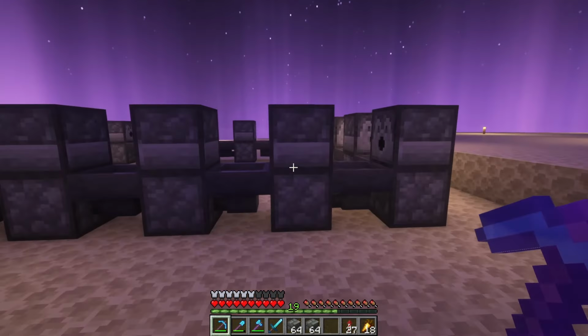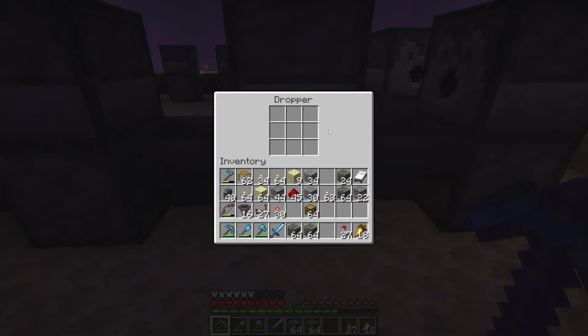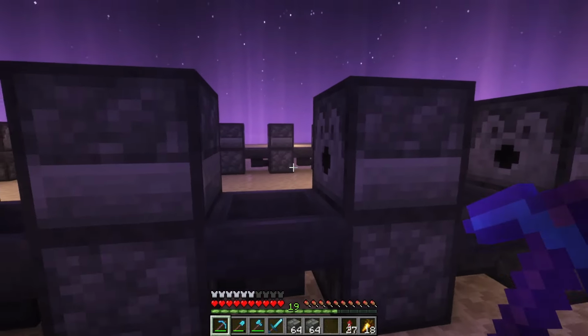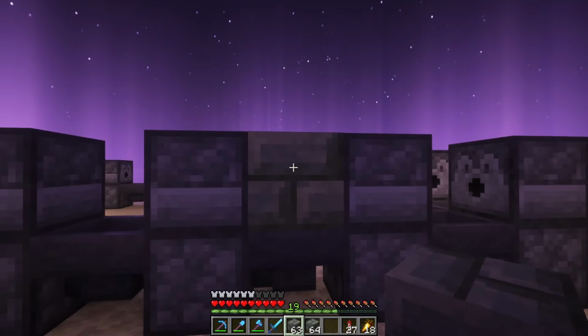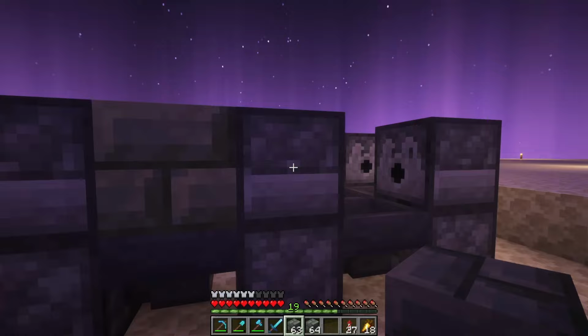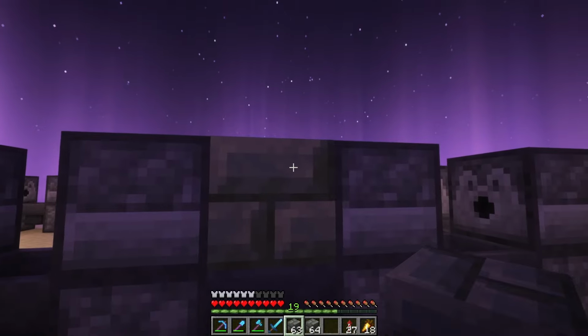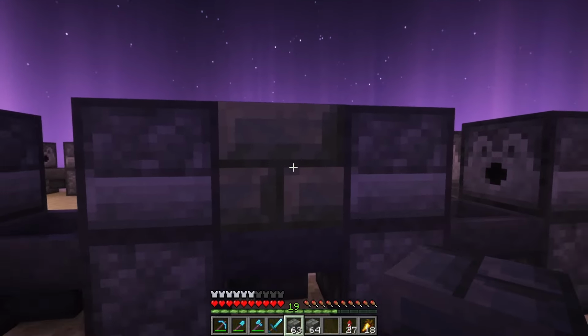I think so anyway. Okay, so to give a quick overview of how this farm actually works, first off, we have a dropper here on the bottom with a dispenser here on top with a hopper over here. And right in this empty space here is where our beehive is going to go. So we're going to have our shears and our honey bottles inside of this dispenser, and whenever it clicks after we get our redstone in, it's going to try and either shear or honey bottle this hive. Now, if nothing is in this hive, if it is not shearable and not honey bottleable,